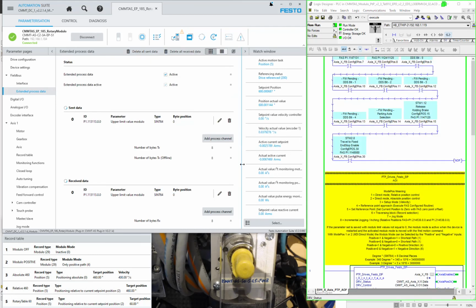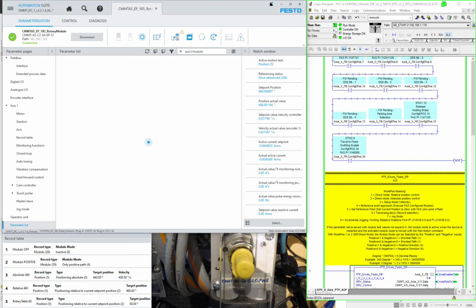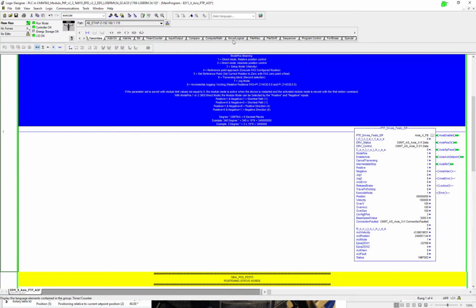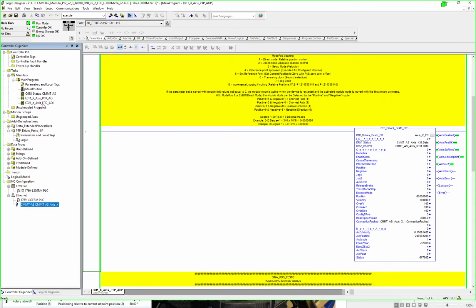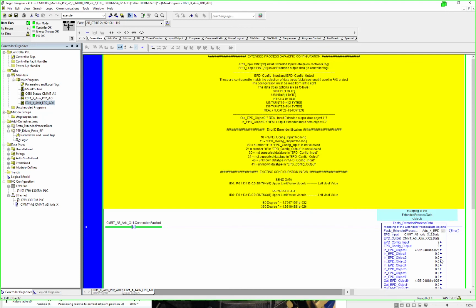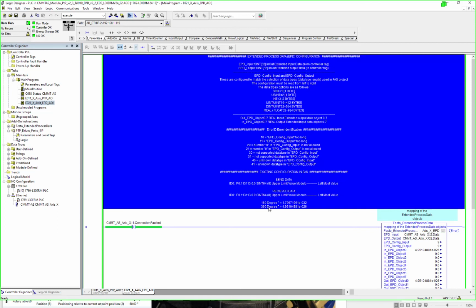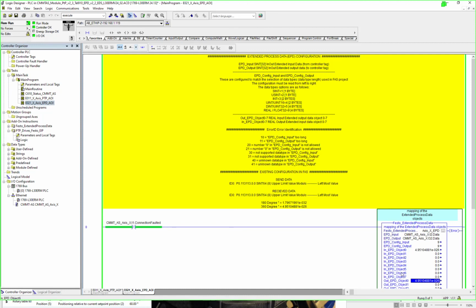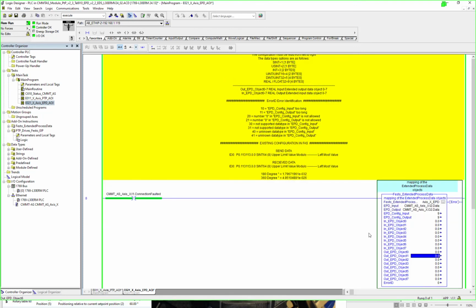So I showed you that I just changed that, but because I have set up an upper limit value in the extended process data, I'm actually writing that value to the controller. So if I go back to that parameter list here, and I expand this, go to the extended process data, because I'm in degrees here, the output data and input data reflect what the 360 is here. So I would have to actually put a 0 here, and therefore it's being written. And then when I come back to here,